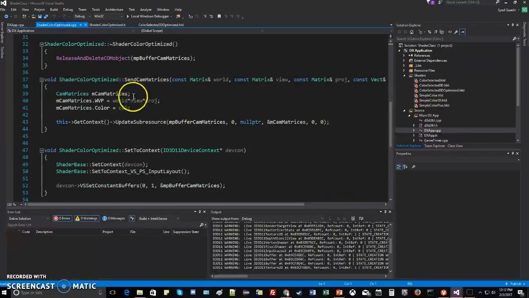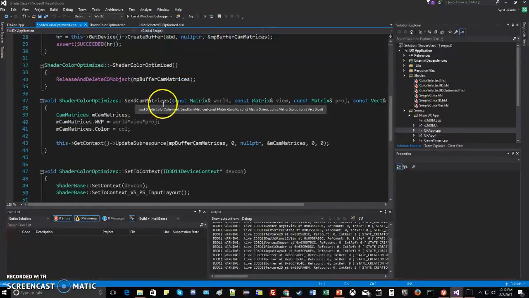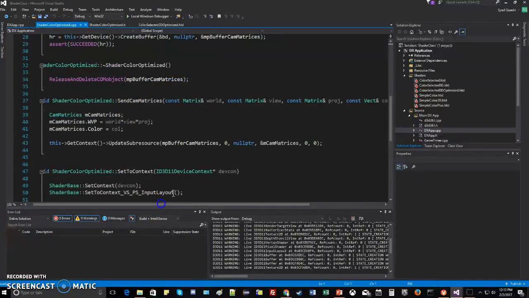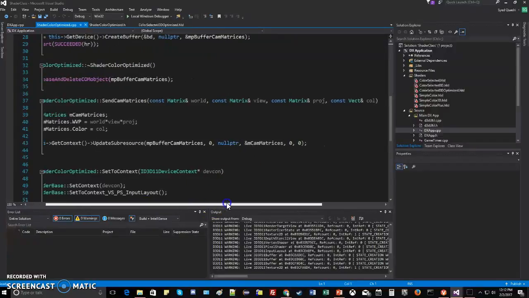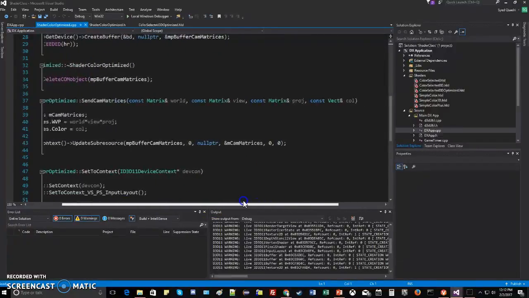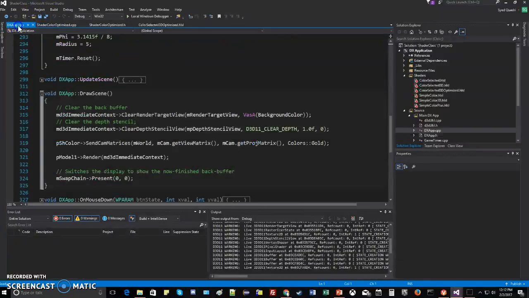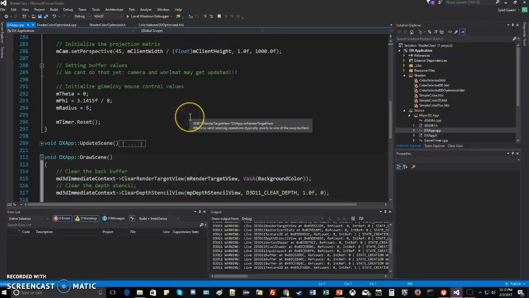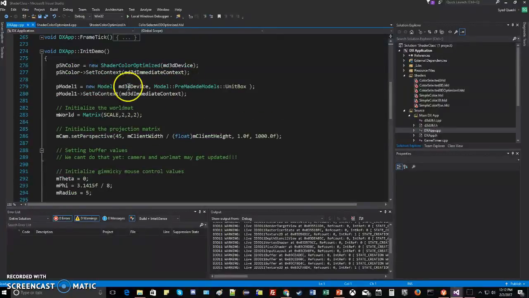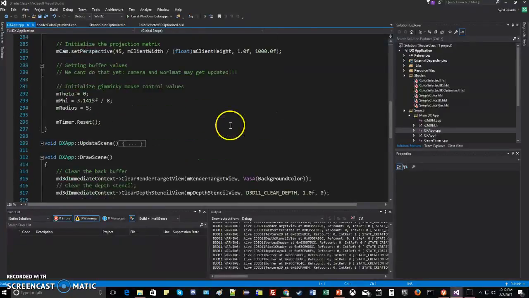and then in my header file I defined only one constant buffer, and then I defined one method called send camera matrices, which sends the world matrix, the view matrix, the projection matrix, and the color vector, and then it defines those. And here, as you can see, we just do that one pass through where we multiply worldview and projection together. And then in our main app, we define the color and we set it to shader color optimized, and